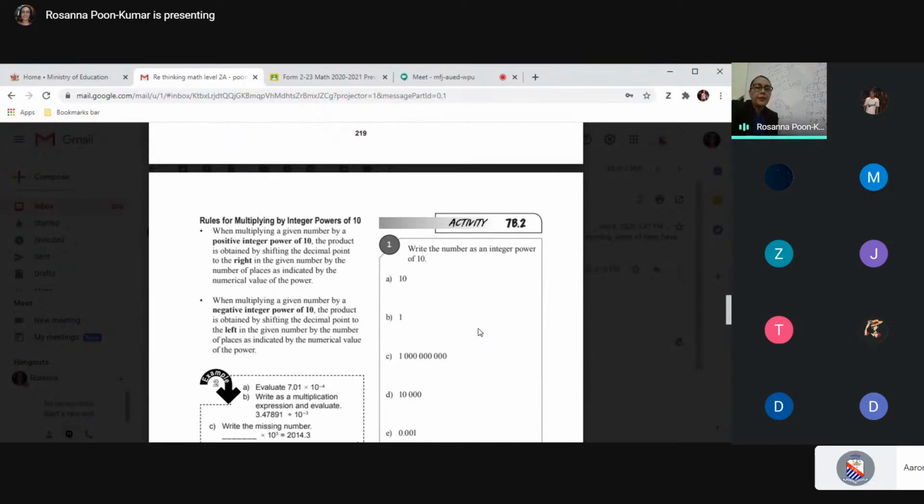So when multiplying a given power by a negative, you're moving to the left. So negative integer, you move to the left. Positive power of 10, you move to the right. Is that clear? Did you all get that? Did you all see that